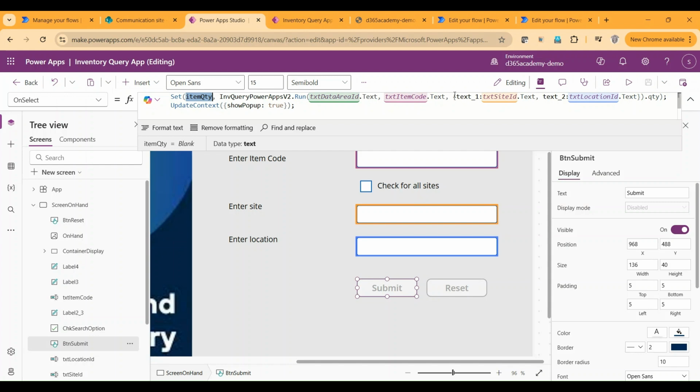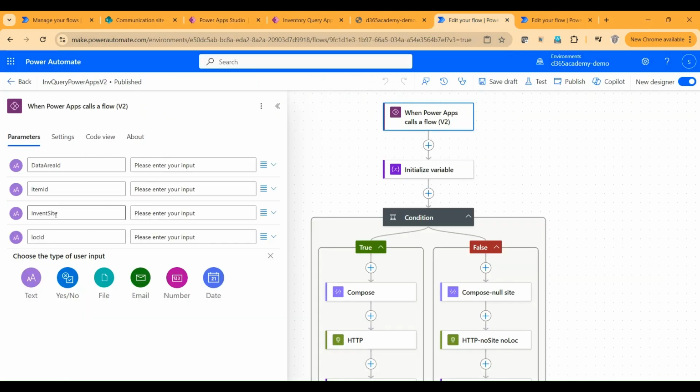Then in a pair of curly braces, text1 as site ID and text2 as location ID, where text1 and text2 are the two optional variables,